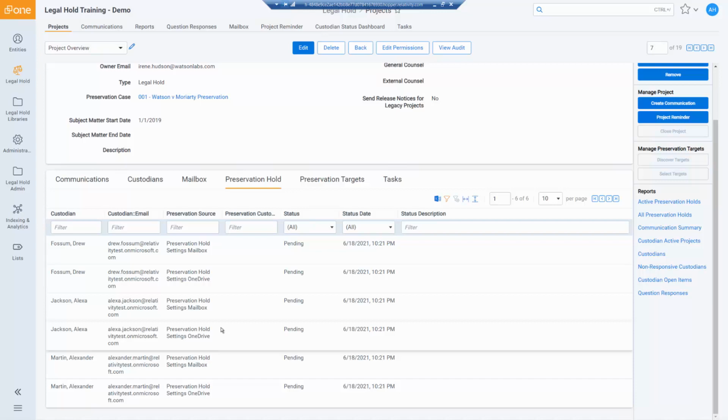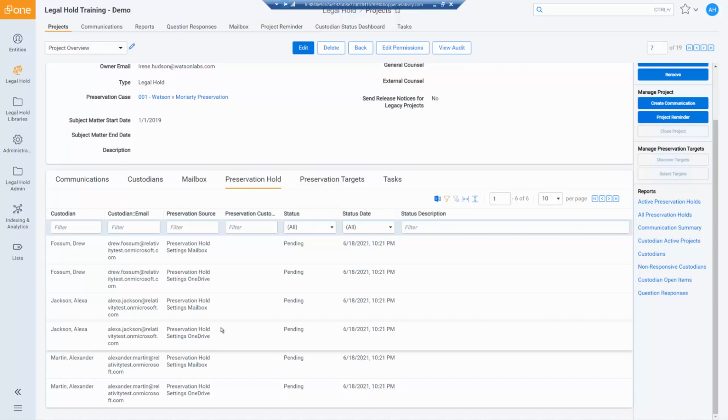So something to just keep in mind, in these training environments, we may not see the status flip as quickly. In your actual projects, just note that there could be a couple of reasons why custodians aren't showing up as on hold. It could be what I just mentioned about the monitoring intervals. It could also be that the configurations for their tenant status in Office 365 would need to be double checked. And then you would also have to double check your preservation hold admin settings to make sure those are configured